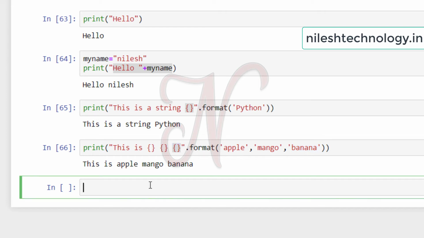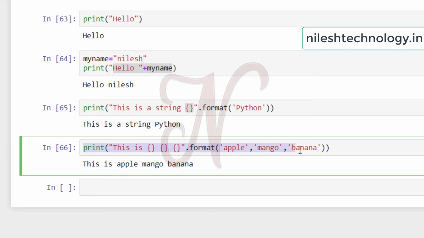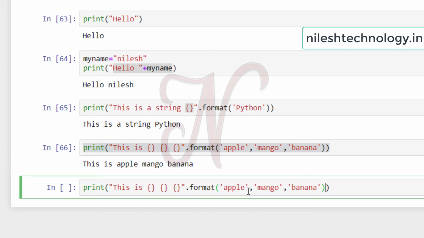Okay, but if you want to change this order, then you have to pass the positions. See here, I can copy paste this code here. If you pass here 1, 2 and 0 as positions, apple is the 0th position string, mango is the first position, banana is the second position.